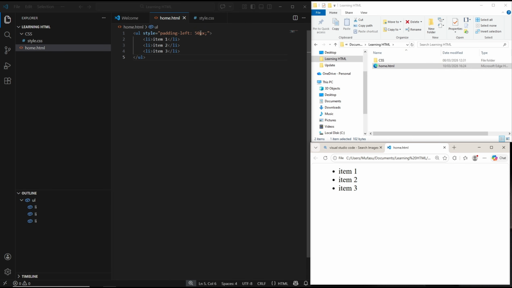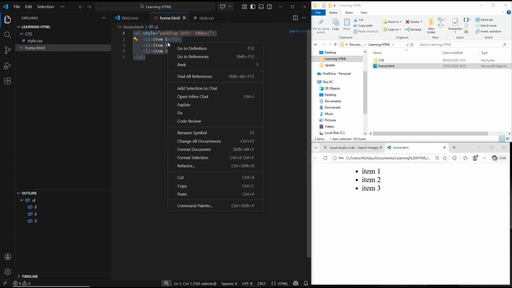Okay, I will set it again to 100. You can change here to 100 pixels, and then refresh again to see padding of 100. So if you want to adjust individual items, I will copy